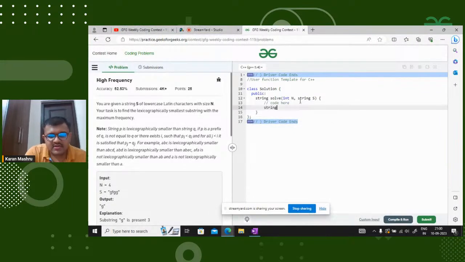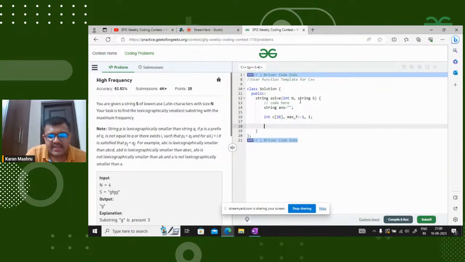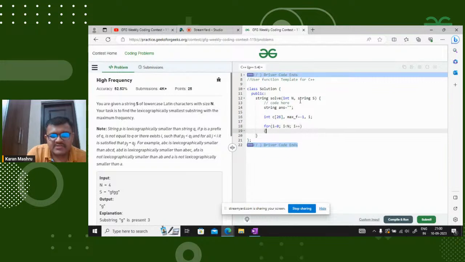So let us take a string answer equals to null. Let us take one counter of size 26. Let us take one maximum frequency index initialized with -1, and let us take one integer i. Now for i equals to 0 to n, we will go i plus plus, and